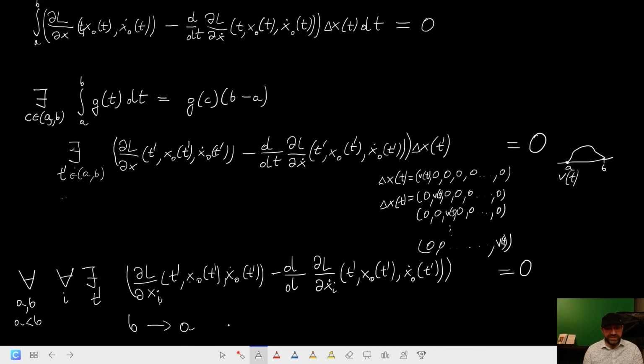And now, obviously, t prime is always between. So t prime also converges to A. But our Lagrangian had continuous derivatives. So this function over t, and here is the point that we need to request, that this is also continuous. So we need to request that